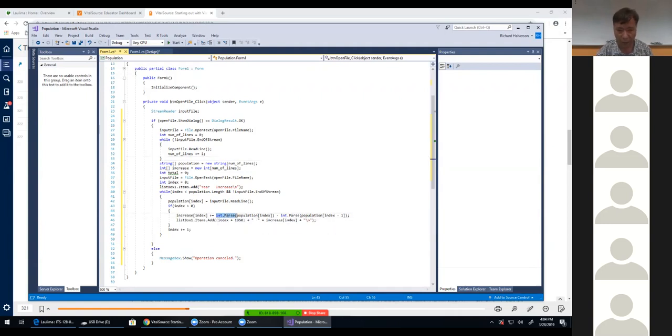Here we're actually calculating the increases from year to year. And the reason we have this int parse is because we've stored the populations as strings, so we've got to do int parse to convert it back into an integer. And this takes the population of the current year, subtracts the population of the previous year, and that's going to be an integer value. And that is going to be